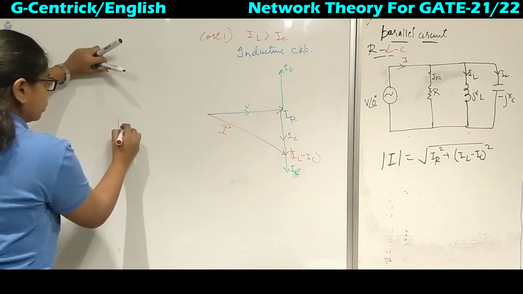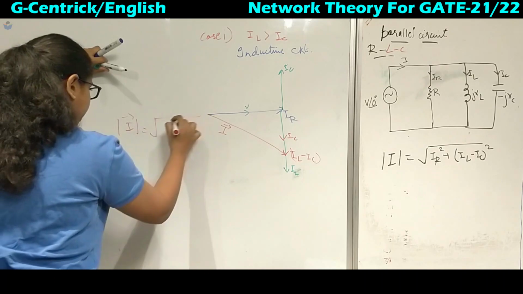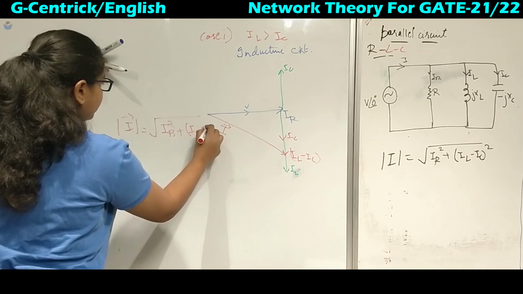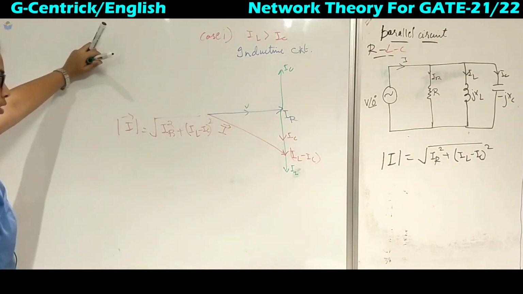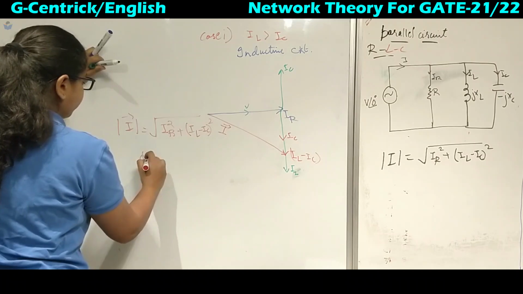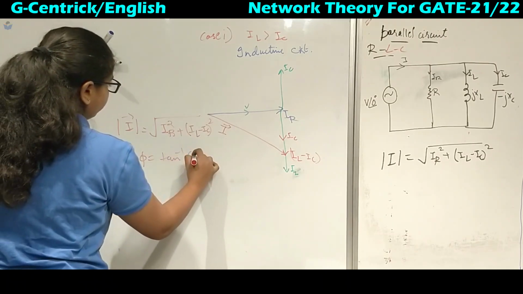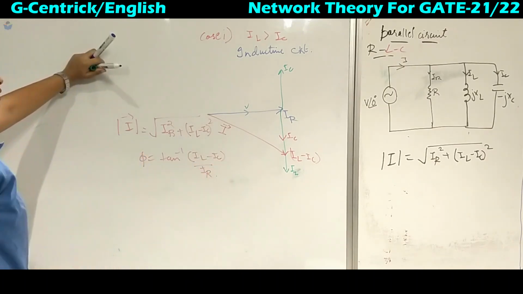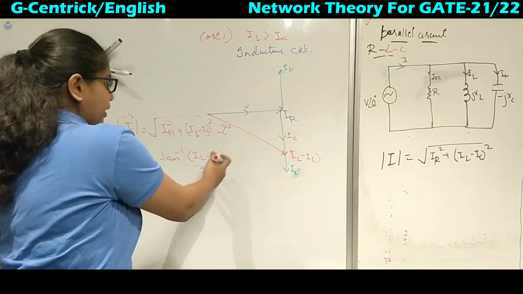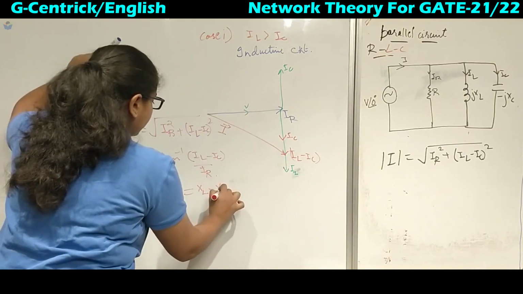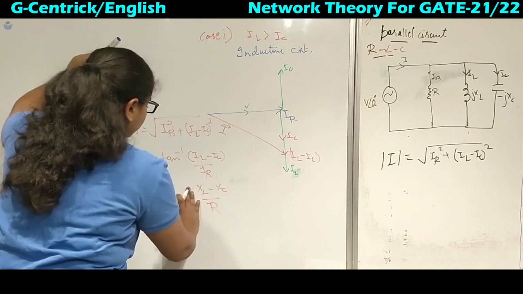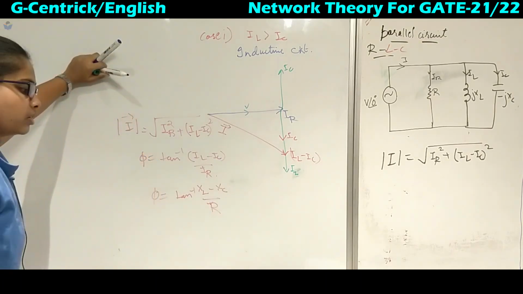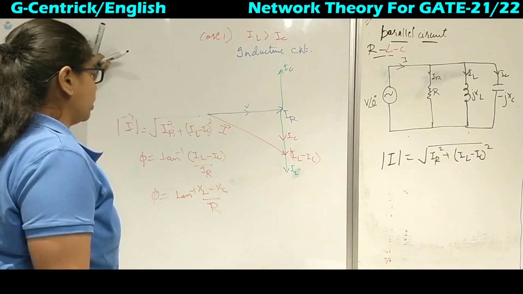So what will be its magnitude? It will be the square root of IR square plus, since IL is greater, (IL minus IC) square. Basically in magnitude you will not get much difference because of the square. So what will be the phi angle? Tan inverse of (IL minus IC) upon IR. Now you can replace this by V over XL and so on, then you will get (XL minus XC) upon R. Or you can get it in terms of susceptance also. Okay, so this is case number 1.